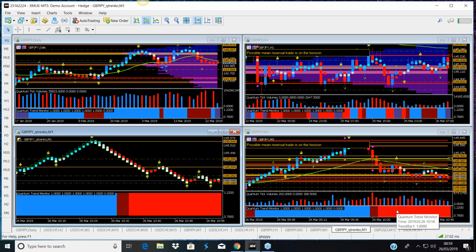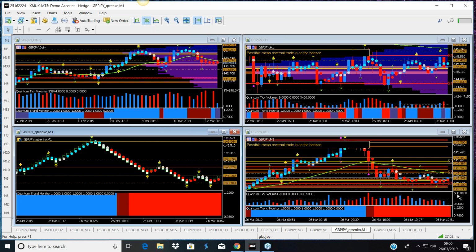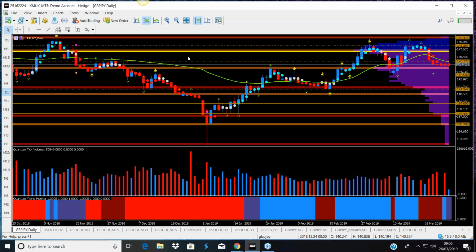But before we look at that, can I just bring up the pound yen from this morning? This is the one that I was looking at, and the setup that I have here on this particular profile, this is on MT5, where I have a daily chart to give me some context of what the pair is doing. This is a very wide-ranging pair. It doesn't look like that. It's very, very deceptive from the candles that we see at the moment,